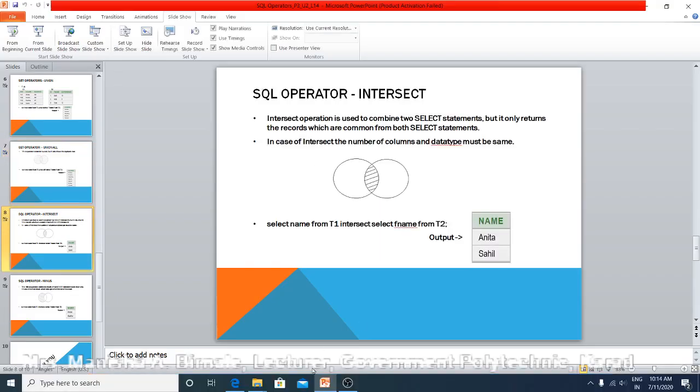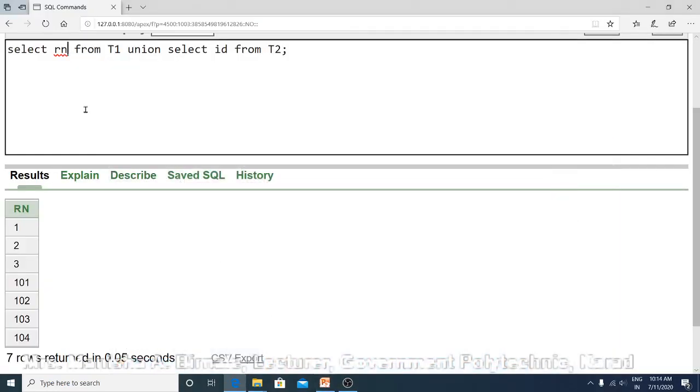Let us see it. Select a name from T1 intersect select app name from T2.